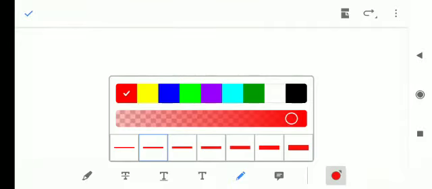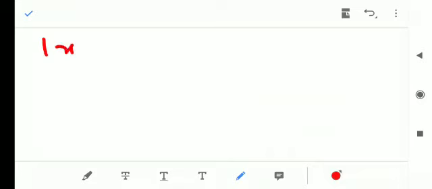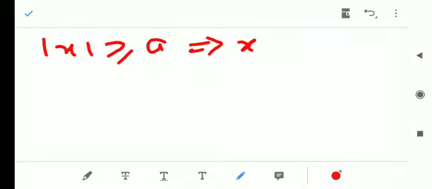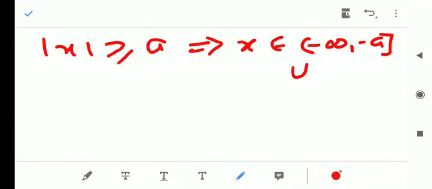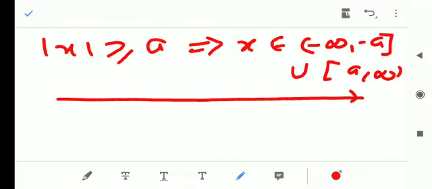Dear children, today we discuss a few more concepts related to inverse trigonometric functions. In the previous video, I discussed a concept that mod x greater than or equal to a implies that x belongs to minus infinity to minus a union a to infinity. If you locate this on the number line, suppose this is minus a and this is plus a, so its first part says